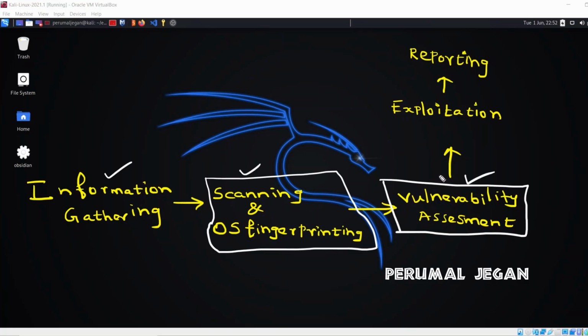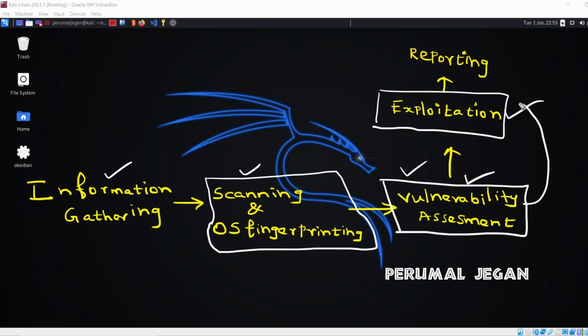After you assess the vulnerabilities, only then will you get into the exploitation phase. Before that, you need to know about your target. You need to examine the vulnerabilities of your target. Sometimes your client may ask you to assess the vulnerabilities of their systems alone. In that case, you have to skip the exploitation phase. You just need to assess the vulnerability. Then finally, you have to report those vulnerabilities to your client. So the vulnerability assessment is super critical. You have to spend more time in this space, so as not to miss any crucial vulnerabilities.